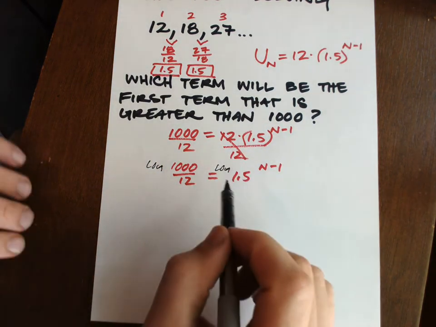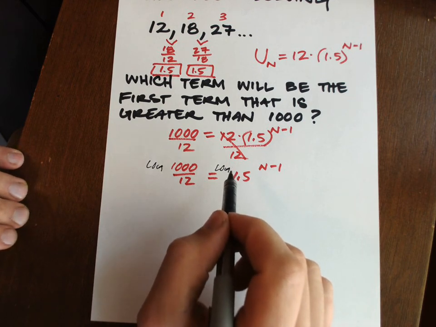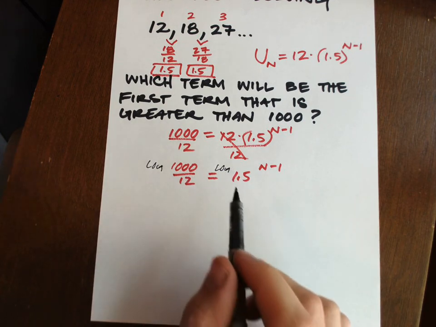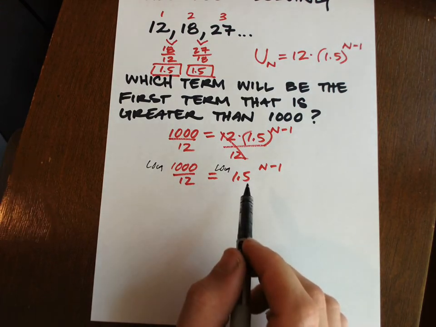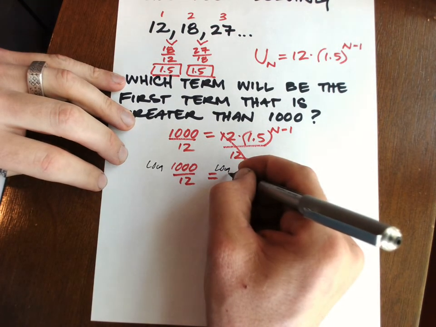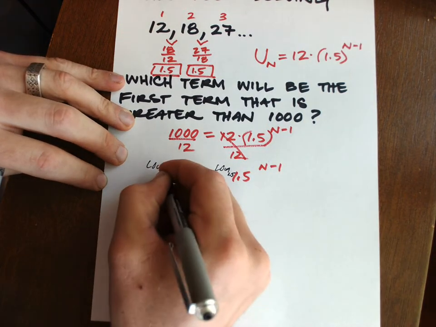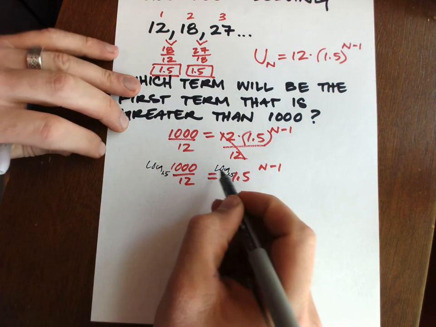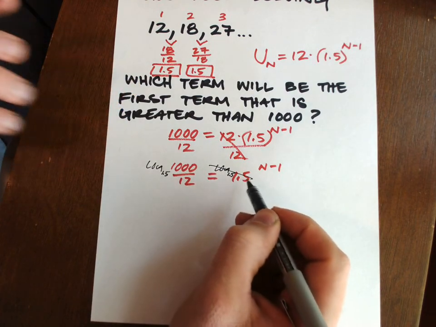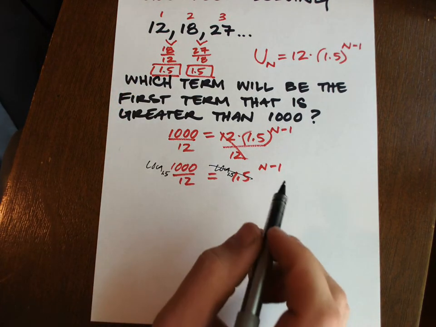However, the logarithm, if we leave it like that, would be base 10. And so we want to cancel out 1.5, which means that this logarithm has to have a subscript of 1.5. And if it does so, it cancels with the 1.5 that is currently in the problem, and that helps us